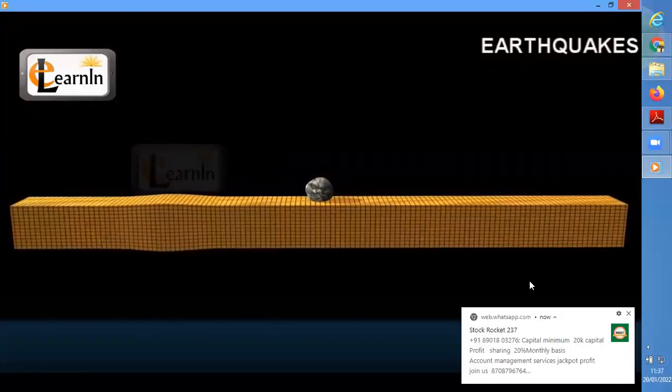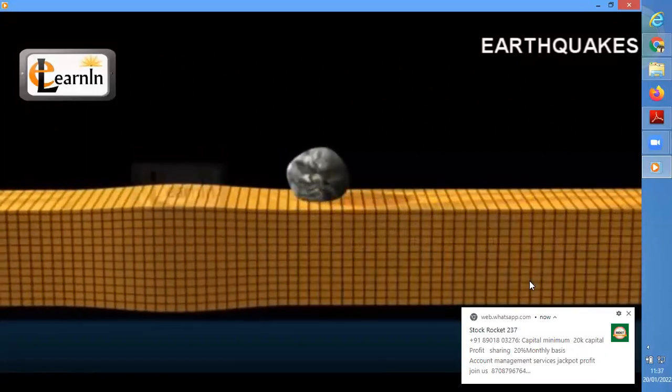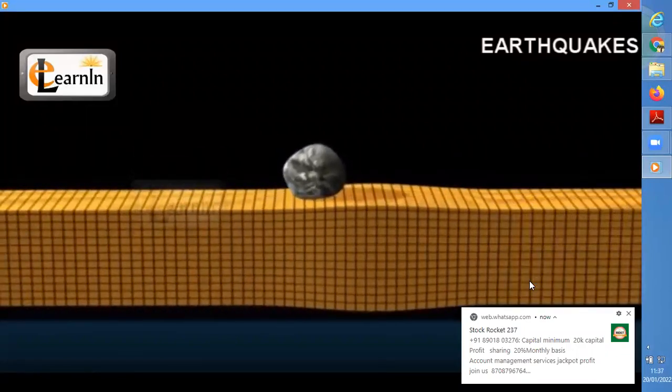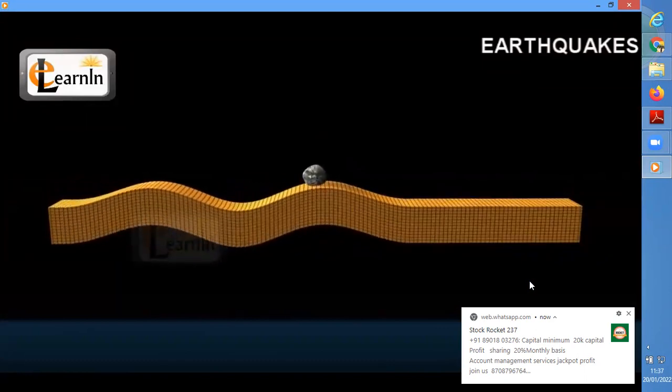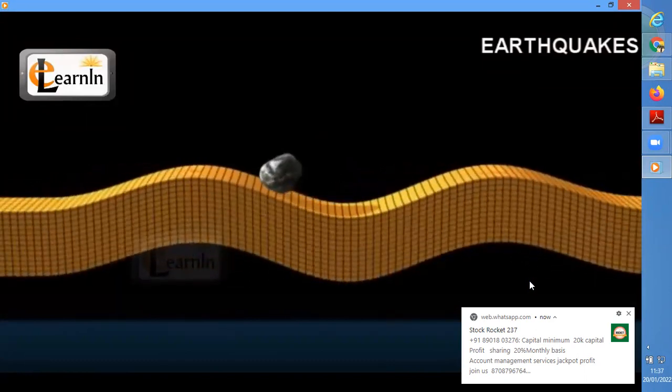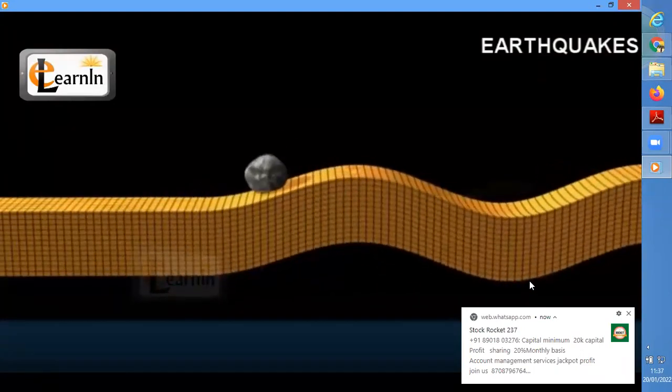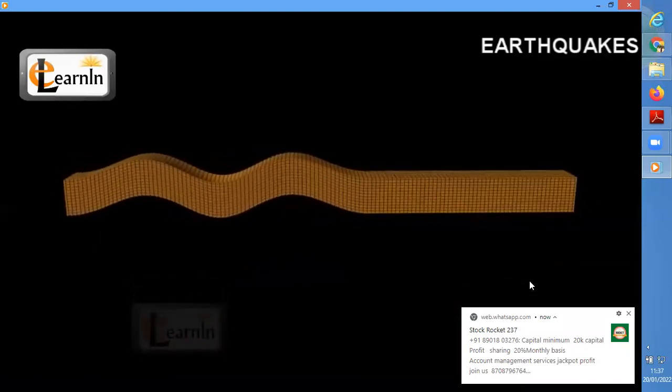The primary waves cause the particles of rock to vibrate forwards and backwards in the direction of the waves. Secondary waves, on the other hand, cause the particles to oscillate at right angles to the direction of the waves. When P and S reach the surface of the Earth, they get converted into L, long waves that travel along